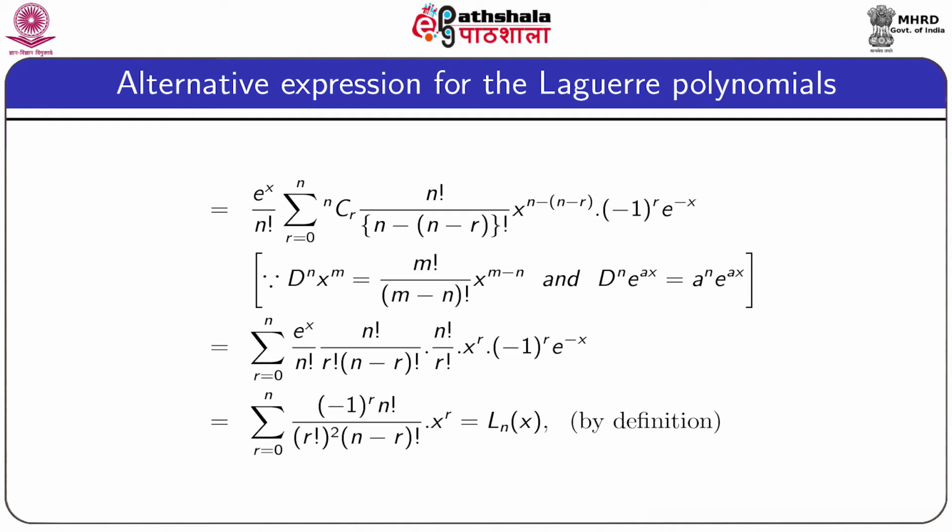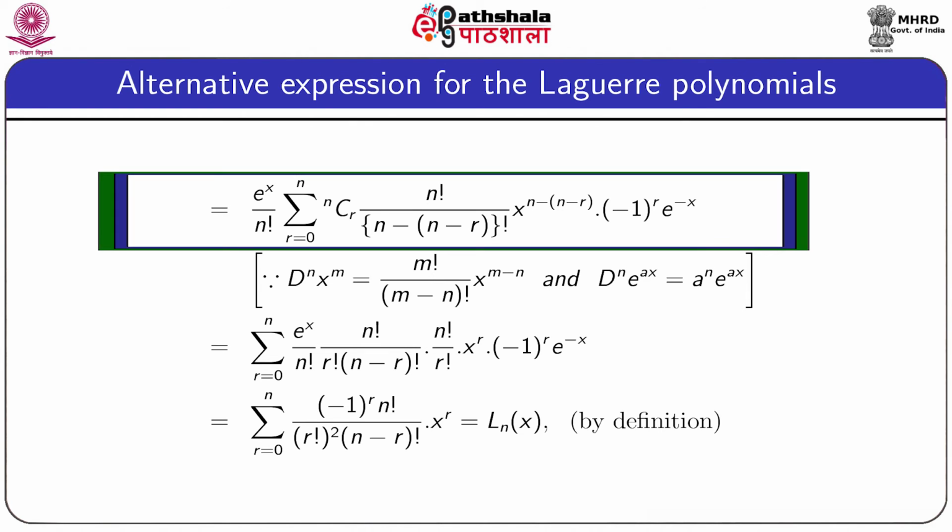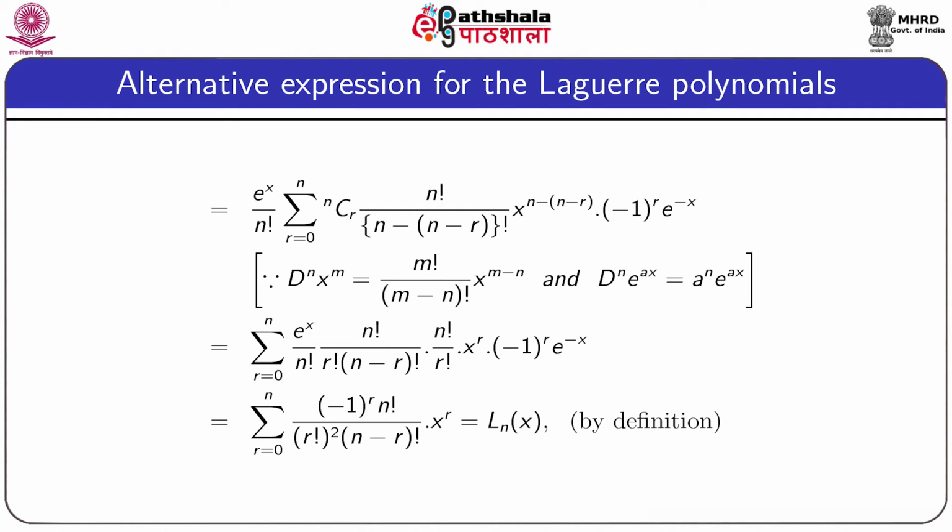If you substitute that, you will get e^x divided by n factorial summation r equal to 0 to n nCr into n factorial divided by (n-r) factorial x^(n-r) multiplied by (-1)^r e^(-x),